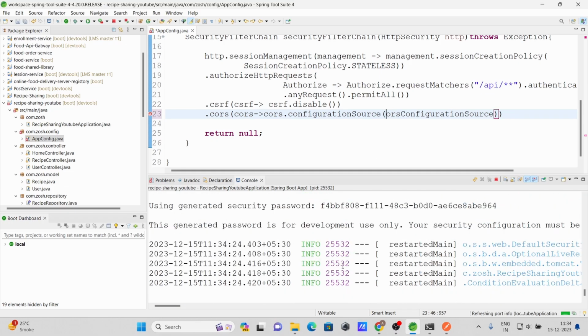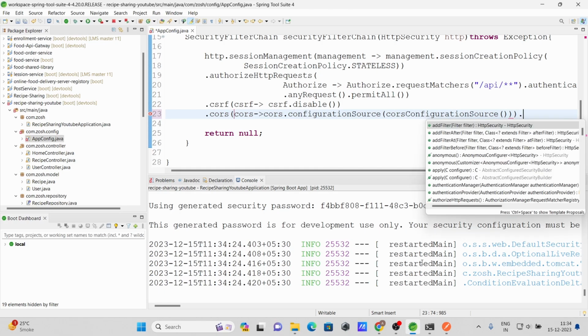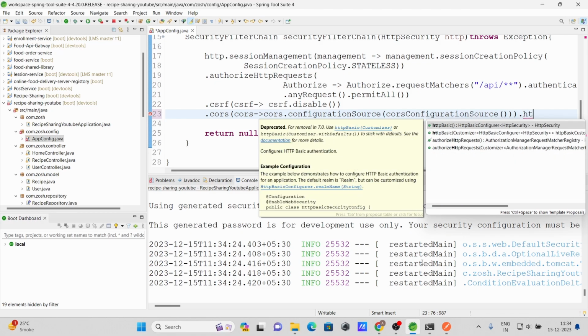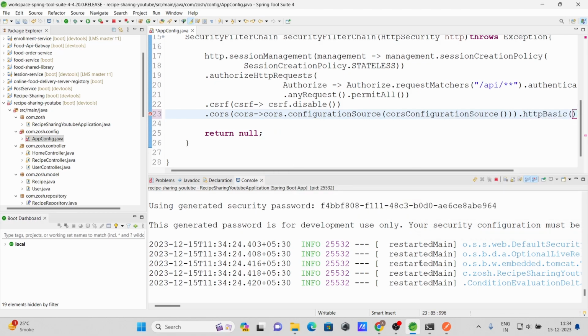Let me define a method name here instead of this. Now we need to create this method because we don't have it. Then dot httpBasic, I will make it with defaults, and dot formLogin